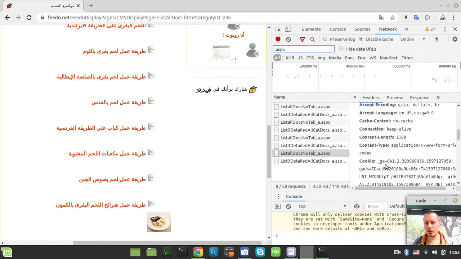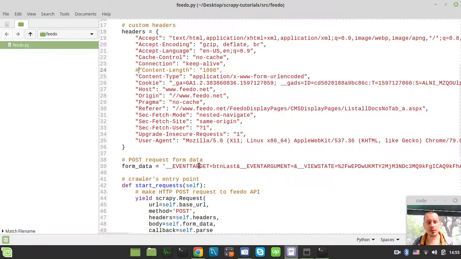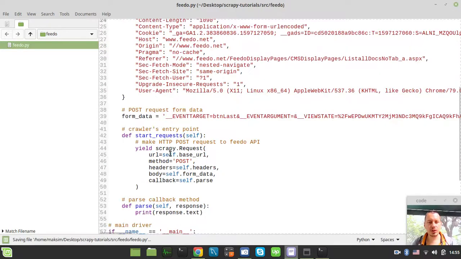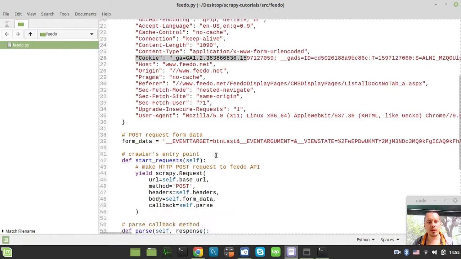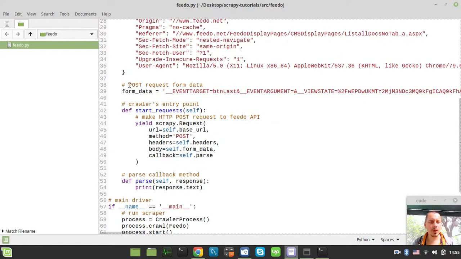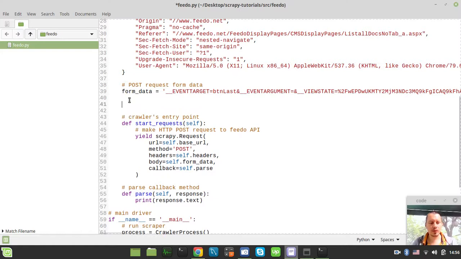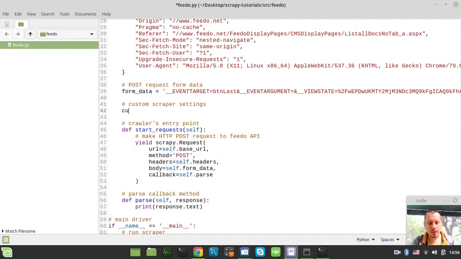the cookies. Oh guys, I understand why this is happening. Sorry, I don't need all that stuff. I'm not sending the cookies really. That's the trick here. So yeah, obviously I forgot to specify the custom spider scraper settings. So custom settings equals,